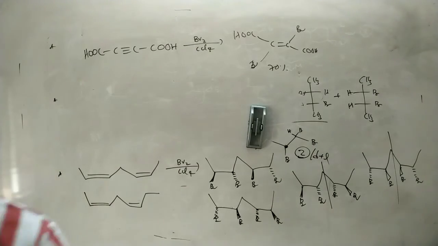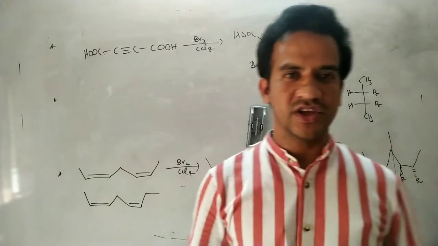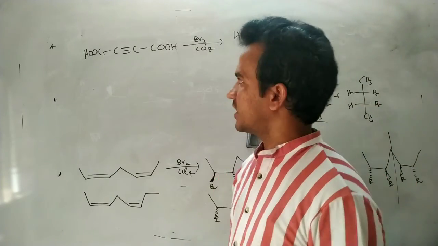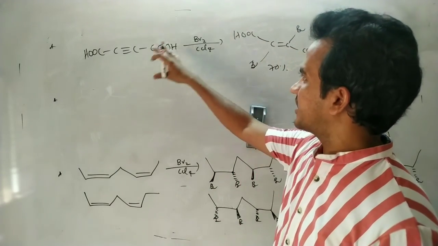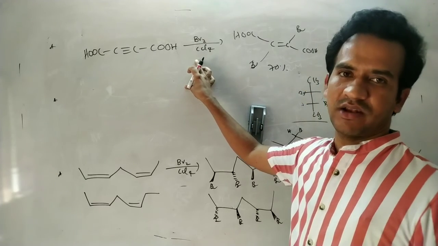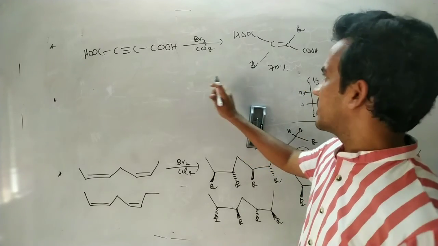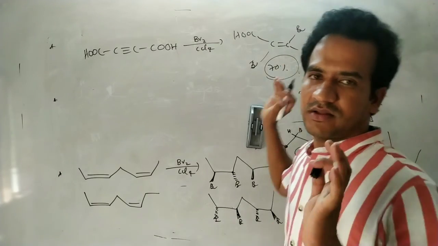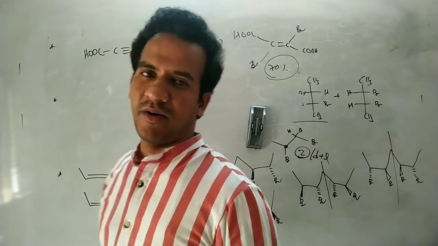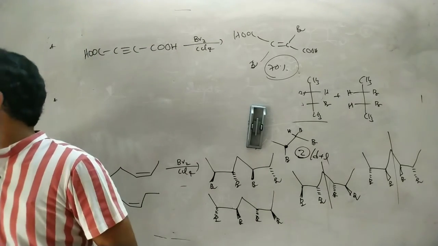Finally, with alkyne. Alkynes are also involved in addition reaction with the bromine solution. It is a dioic acid actually. This alkyne on addition with the bromine solution will give the trans isomer, because bromine addition is an anti-addition. So you will get this trans compound. That's it. Finally, the full length electrophilic addition reaction of bromine to the alkenes.